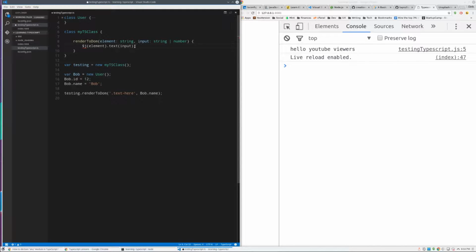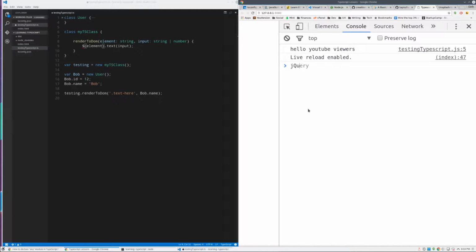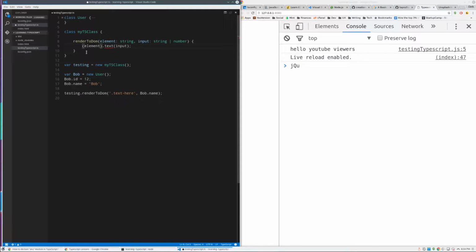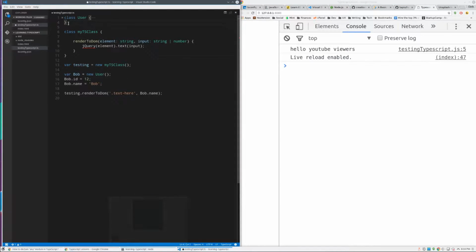Okay, so there is something I do want to talk about over here, which is, excuse me, it's not $J, it's $, which is throwing an error. It cannot find name $. And that is the thing with TypeScript, as it is a compiled language: the browser knows what $ is, and it knows what jQuery is, but over here it doesn't know what jQuery is, because the editor here and TypeScript as a compiler doesn't have any knowledge of jQuery